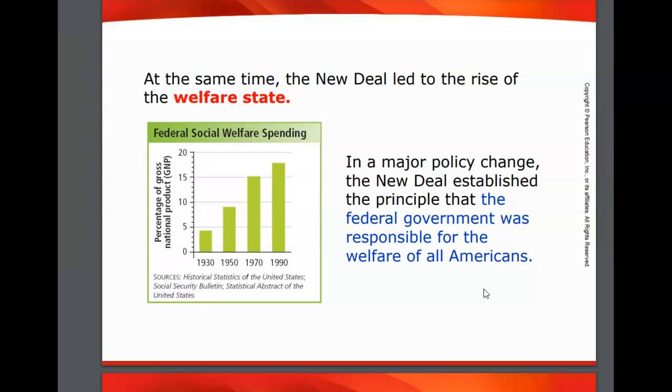So the creation of the American welfare state was a major league change in government policy. This simply did not exist. The idea of a welfare state prior to the Great Depression and the New Deal simply was not on people's radar. With the exception of military veterans, okay, most Americans had never received any kind of direct benefit from the federal government, ever. And again, that's hard to believe and understand in the world we live in, especially in the United States, but that was true. State and local governments, usually private charities, and families had long served as the safety net for needy Americans.